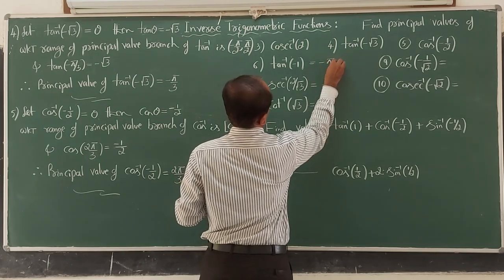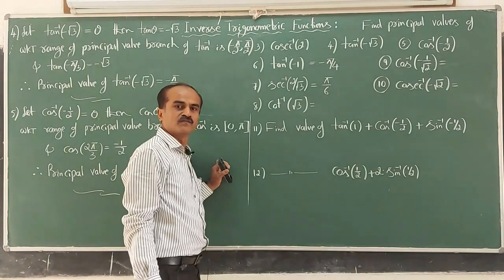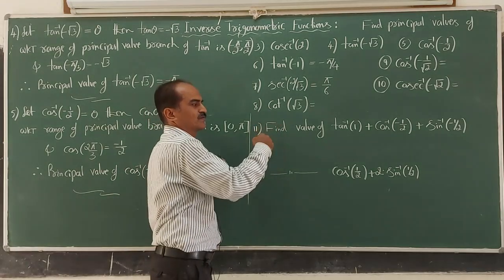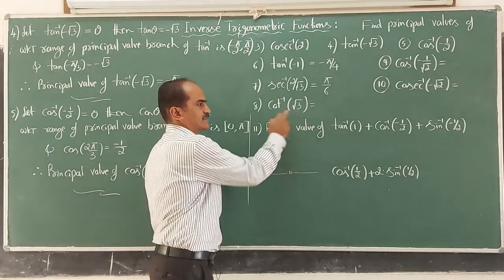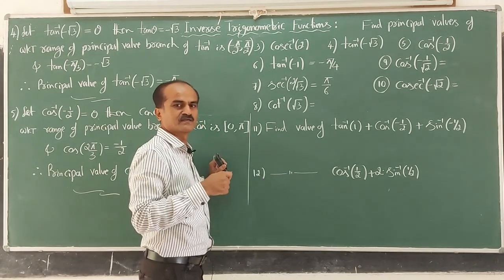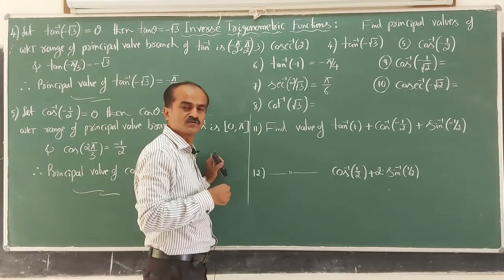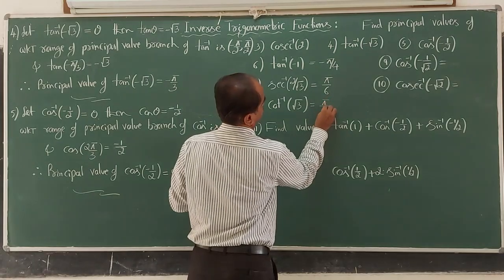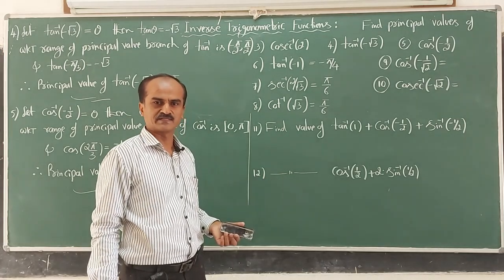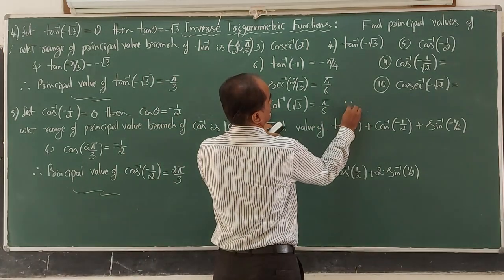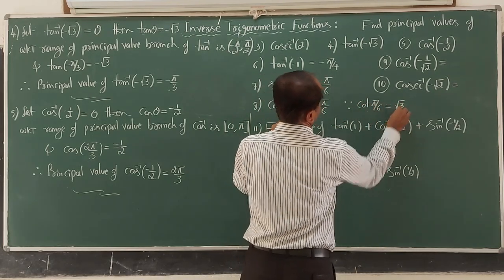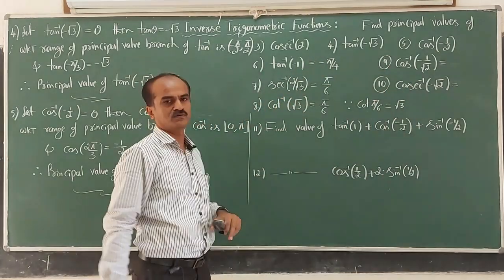Here it is minus pi by 4. Cot inverse of root 3 now. Cot of which angle gives us root 3? Cot inverse range is what? Open interval 0 to pi. X is positive, so it lies in the interval 0 to pi by 2, means in the first quadrant. So cot of which angle gives us root 3? That is pi by 6. Cot pi by 6 is root 3. Therefore, cot inverse of root 3 is equal to pi by 6. If you want, you can mention the reason here, because cot pi by 6 is equal to root 3. Therefore, cot inverse of root 3 is equal to pi by 6.